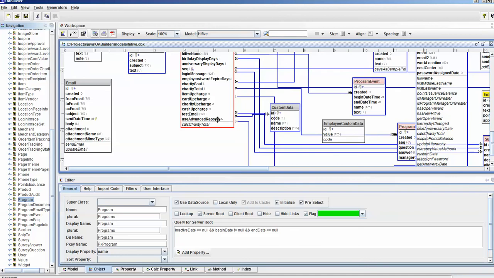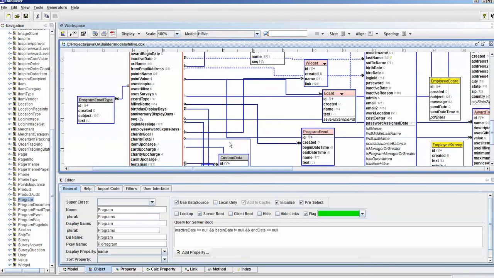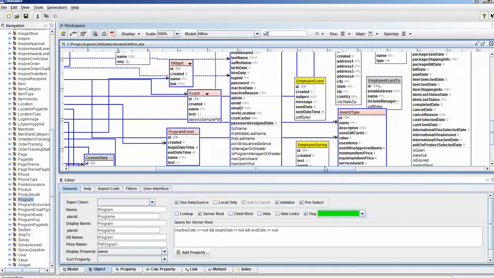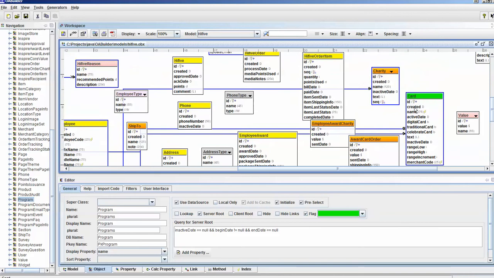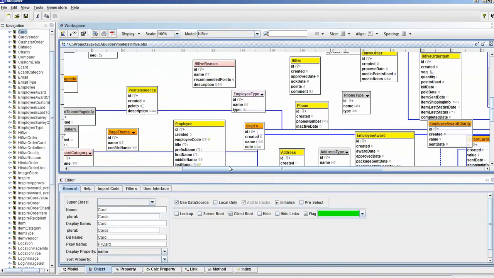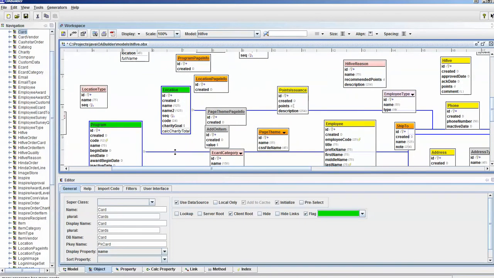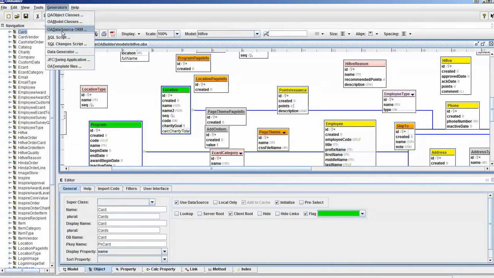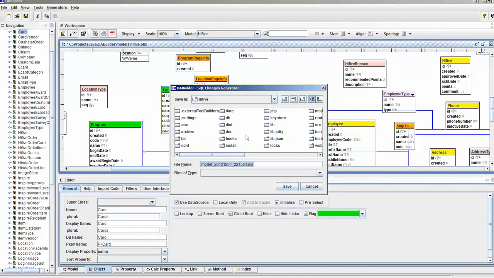Also added a couple other things, imagine card ID, so there's a reference from this object all the way to the card object, this one here, their imagine card, and then a couple other changes. So if I go in and run this to get the SQL script change, I'll go ahead and add it